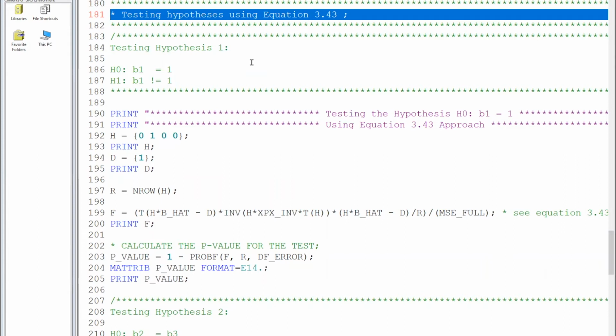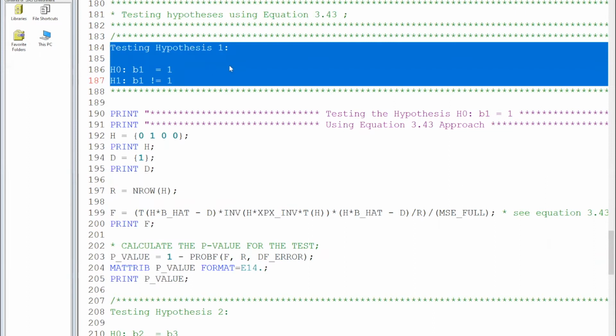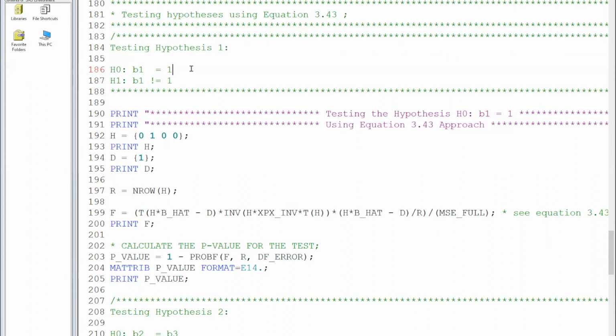using this particular setup. Before we run this program and look at the output, I want to show you how we're going to implement this test. We'll do this for all three tests. We'll do it for hypothesis test 1 and hypothesis test 2, which we did up above using the standard F-test approach, but we'll also include hypothesis test 3 in this framework. So again, we're looking first at hypothesis test 1, testing the null hypothesis that beta 1 is